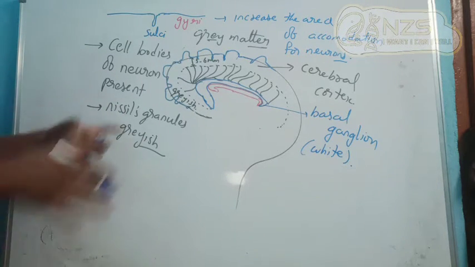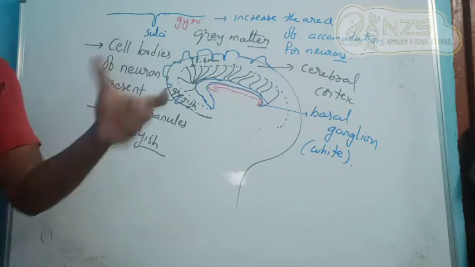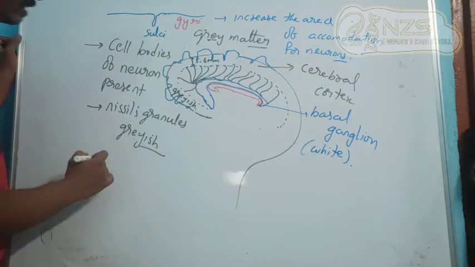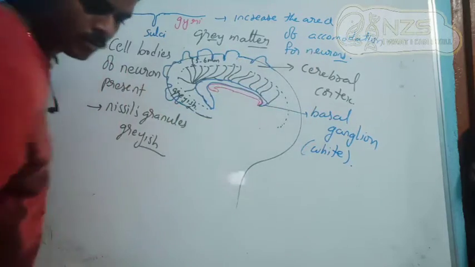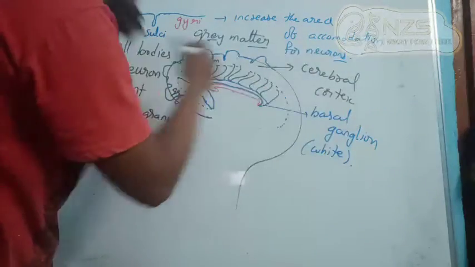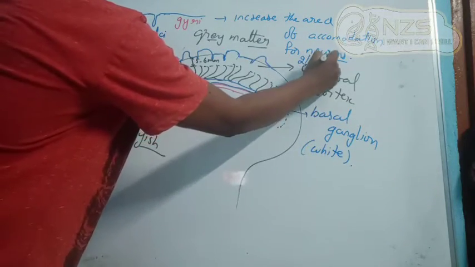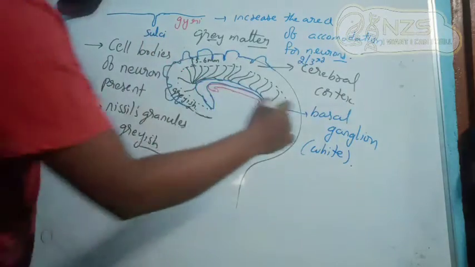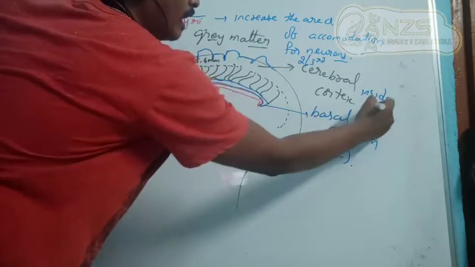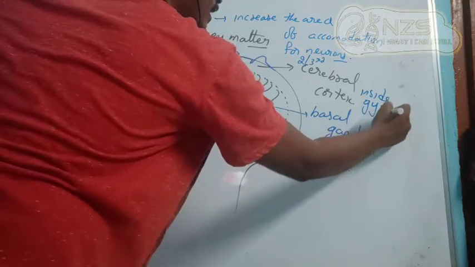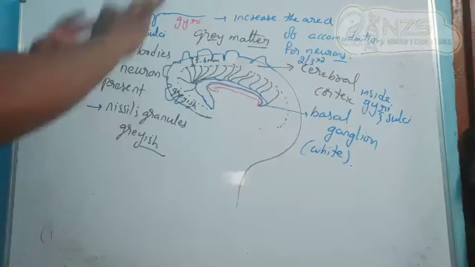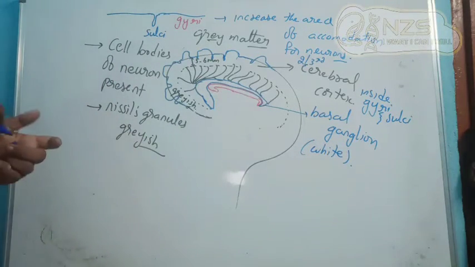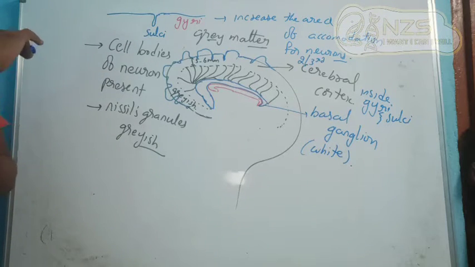almost 2/3 of cerebral cortex is present in these foldings, in the depressions and elevations. So if I write it here, in this gyri and sulci, almost 2/3 of cerebral cortex is embedded inside these gyri and sulci. So that's the main point. It is the one which is giving us lots of neural space. Which one? The gyri and sulci. So that's the cerebrum part for us.